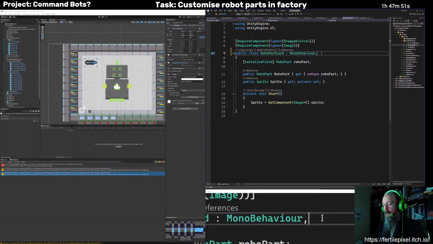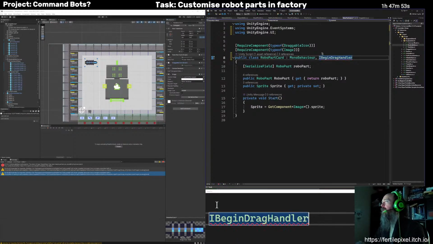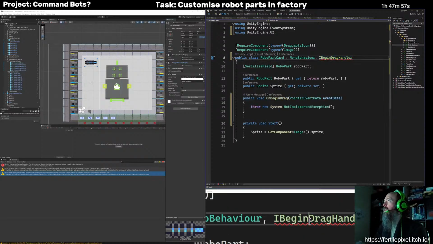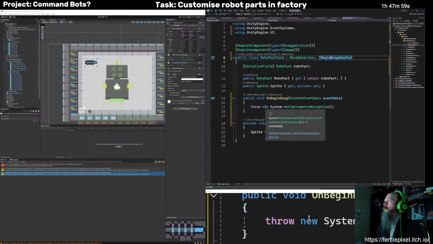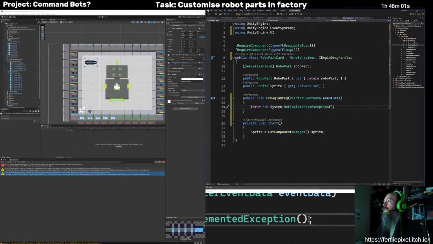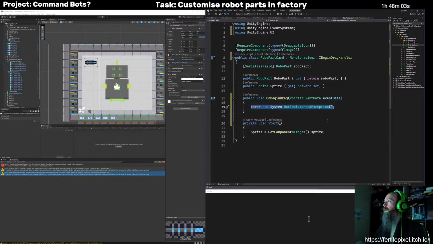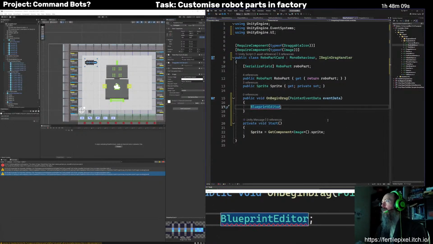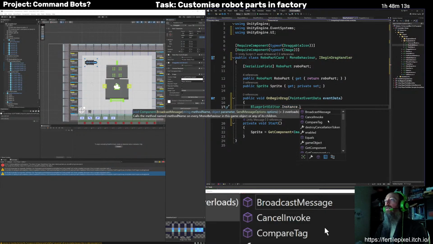So it's a mono behavior that also is a begin drag handler, and then we implement that interface. And so most of the drag behavior is being handled by that other script, but this one is just going to tell the blueprint editor instance that